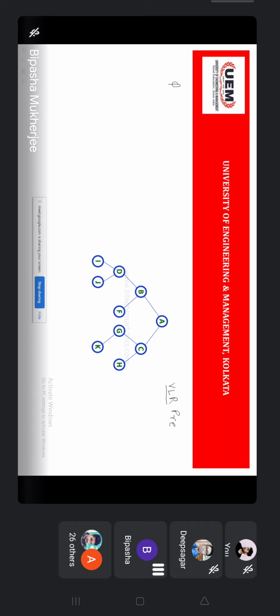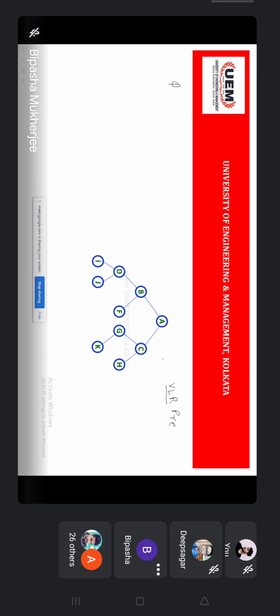When we do the in-order, the procedure will be something else, and when we do the post-order, the procedure will be something else. But whenever we are doing pre-order, post-order or in-order, the main rule is you need to start from the root and follow the leftmost path.